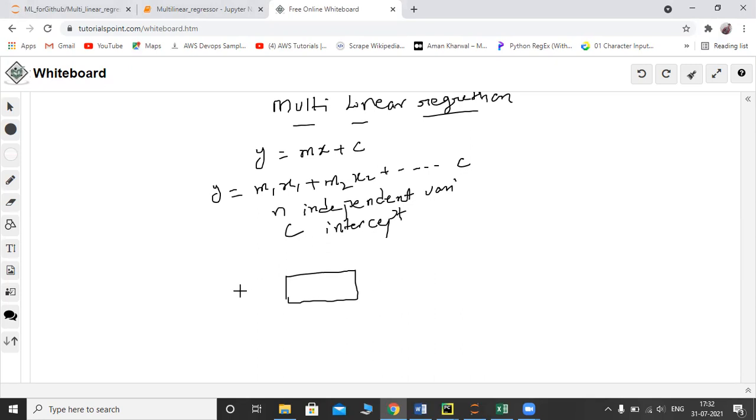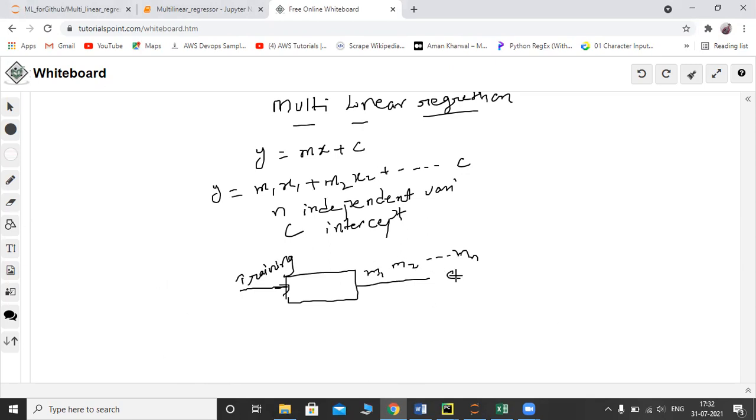When you plug in the training data, it will estimate m1, m2 ... mn and also the c value.